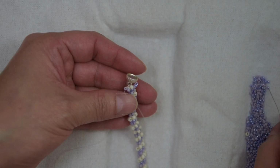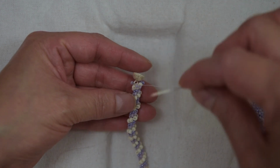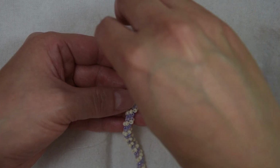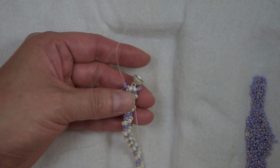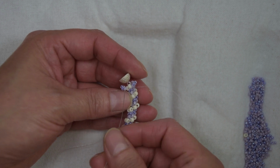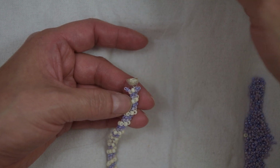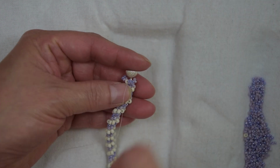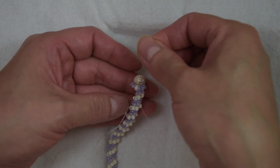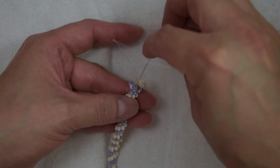We are going to pick up 2 11-0s. Our thread is exiting from this bead. We are going to sew through the next bead. So right here, we are going to sew through the previous white bead that we add, so we can connect them. We are going to sew up through these 2 beads, down through the 2 beads,